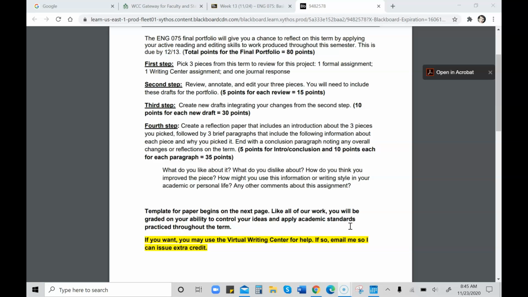There is a template for this that starts on the next page, and like all of your work, you're going to be graded on your ability to control your ideas and model your structure after this and apply those academic standards. Of course, if you want to use the Virtual Writing Center at any point in this process, you